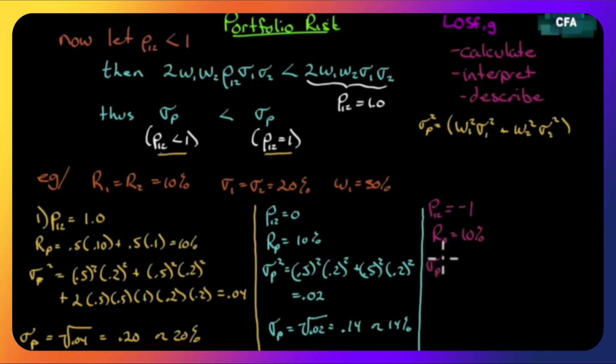So the variance of these, we don't have to recalculate. These are the first two terms. We know they equal 0.02. So all we have to do is recalculate this term, but put a -1 in here. Well, if this term is 0.02 to equal 0.04, if we make that negative, it would be negative 0.02. So we can save time, be efficient, and look at what we've already calculated, just like Google saves every search so that we don't have to search again. 0.02 minus 0.02 equals 0. And so the standard deviation, which is the square root of 0, is 0.